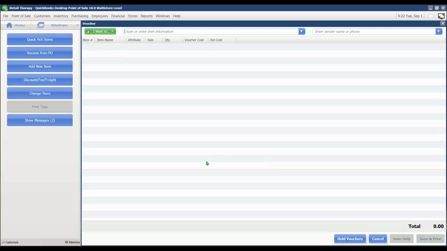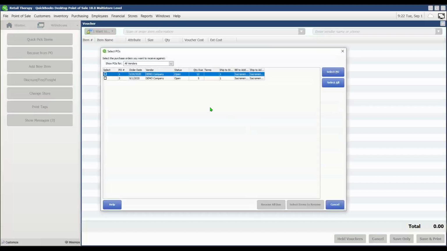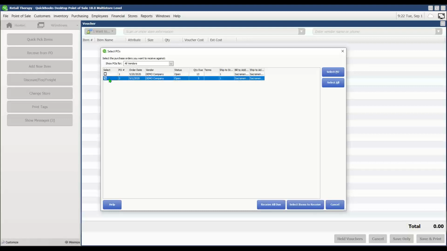And there we go. We are all set. Now we're all done with this particular voucher, and we're ready to start a new one. This drops you right into that same screen, so we can start scanning new information, enter new vendor information, or of course come right over here. And this is probably the more straightforward way of referencing a PO. All right, and over here we can see we still have our PO number 3 available,